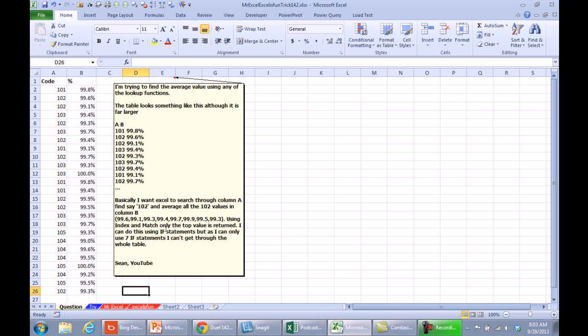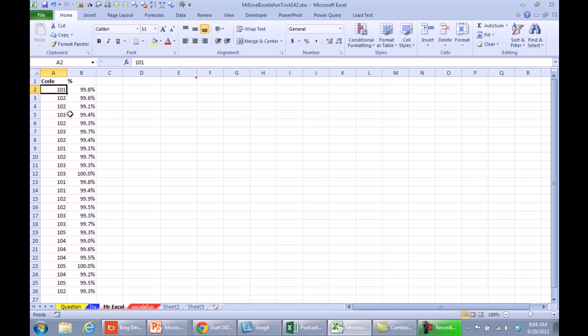He tried using INDEX and MATCH, but it returns only the top value. Also tried nesting an IF statement, but ran into a problem with 7 IF statements. That tells me that he is in Excel 2003 or earlier. Otherwise, we could go to 32 IF statements, but IF statements aren't the way to solve this. I have lots of different ideas in mind, but I'm going to go to the old tried and true pivot